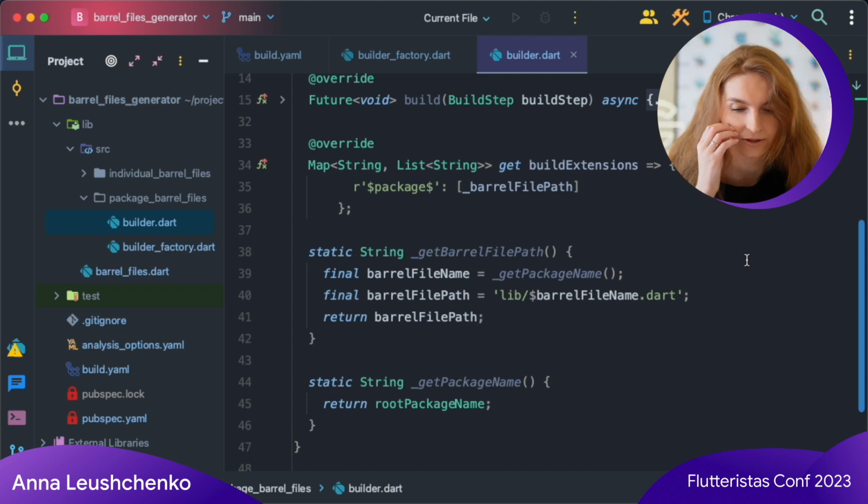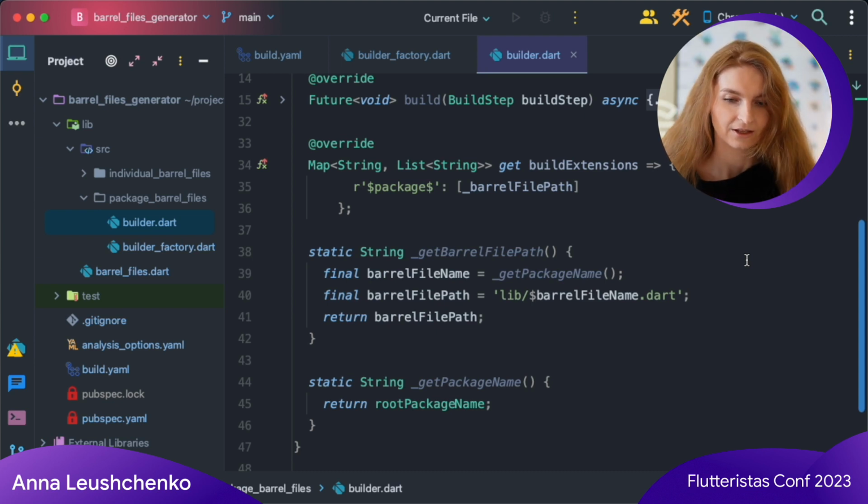The challenge here is to get the package name without any additional input. Remember that this code is called when the builder is created, and there are no parameters that can help us understand where this is run.